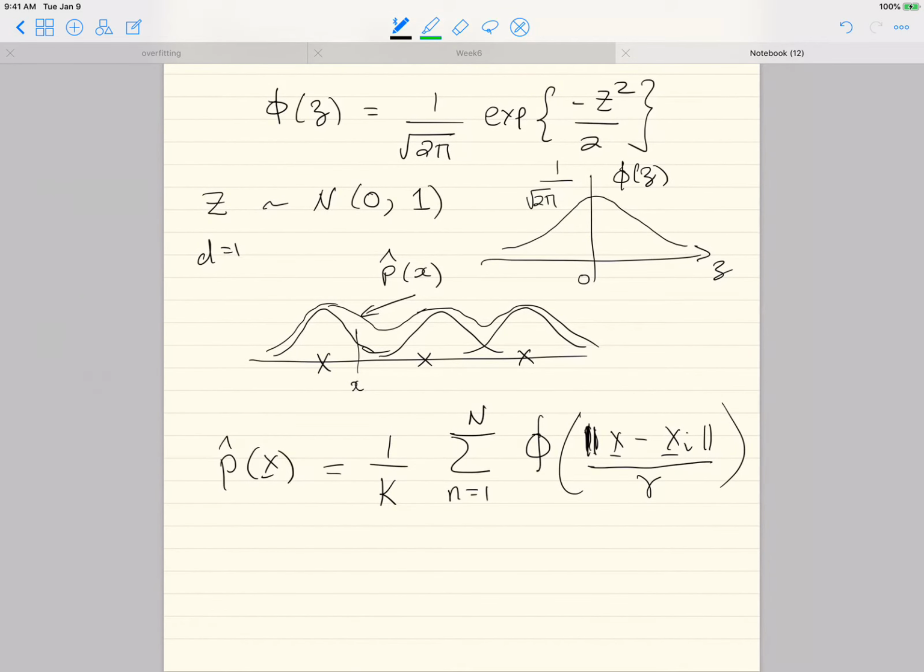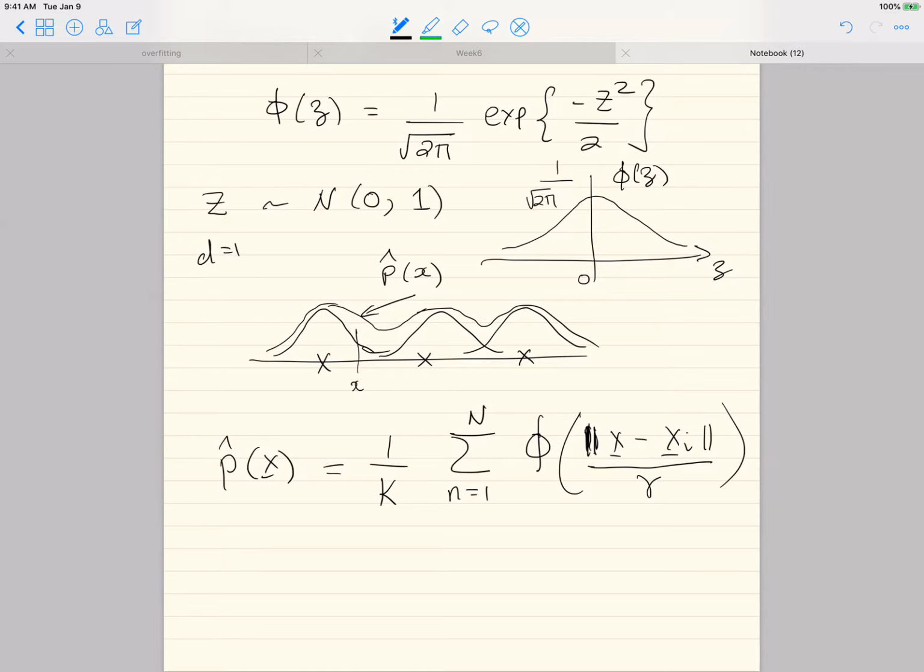So you take x, you take the distance of x from each data point. That's what this is. And then you evaluate this Gaussian kernel essentially at that point, but scaled by some constant